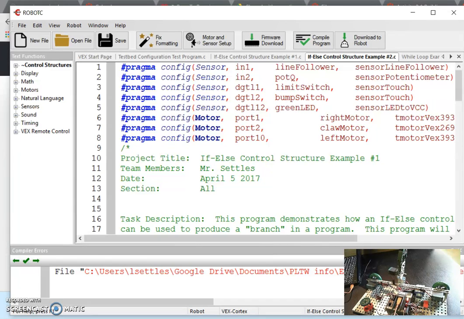Hello again, students. Here we are, taking a look at if-else programming in Robot C. And in this video, we're going to show you a variation of the basic if-else control structure that only uses